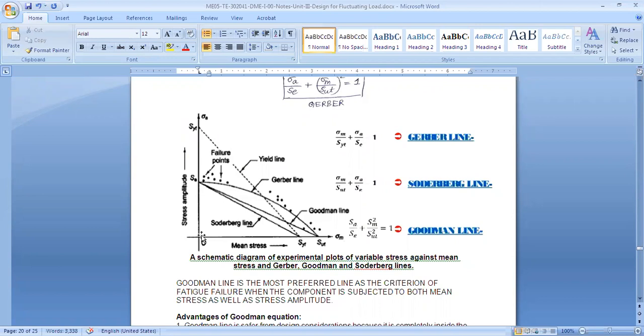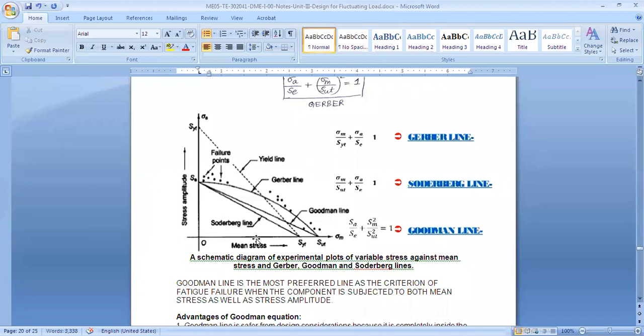So in that case, when we have a completely reversed cycle like a shaft, right, that time failure will be your endurance limit, right? So SE. So failure will be at the endurance limit. I mean, below that limit, if the stress is less than that, it will go for infinite life. If the stress is more than that, then it will have some finite life. So this failure point SE will be on the amplitude axis, right?